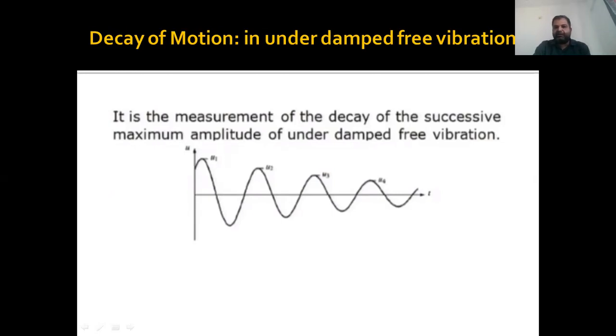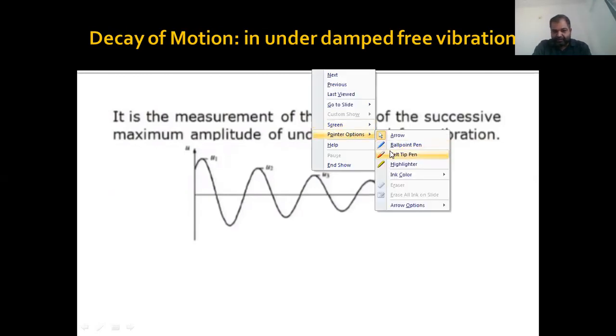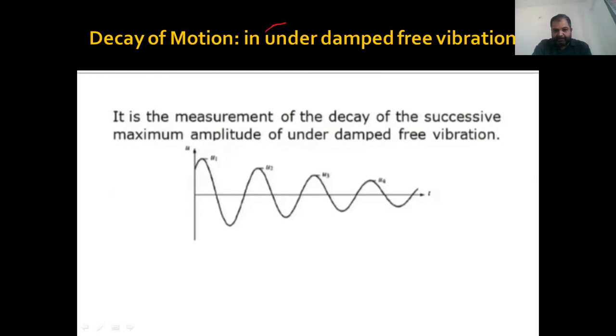So this is applicable for the underdamped free vibration case, right? This is very important. This is applicable for the underdamped free vibration case. This is the response of underdamped free vibration that we have seen, where we have drawn such kind of envelope. This envelope is representing e raised to minus eta omega t, if you remember, right?